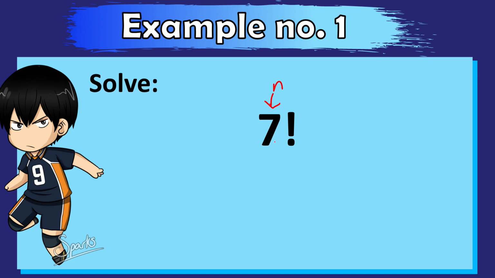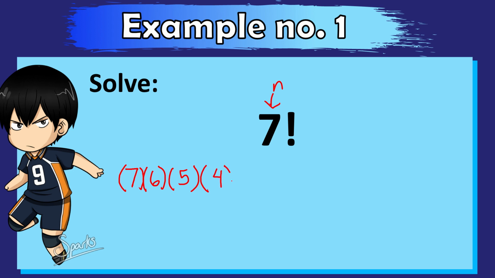So that means, multiply lang natin mula 7 hanggang makarating kay 1. So si 7 factorial, hindi galit na number 7 yan ha. So si 7 factorial is equal to 7 times, kasunod ng 7, 6. Pababa lang po. Times 5,